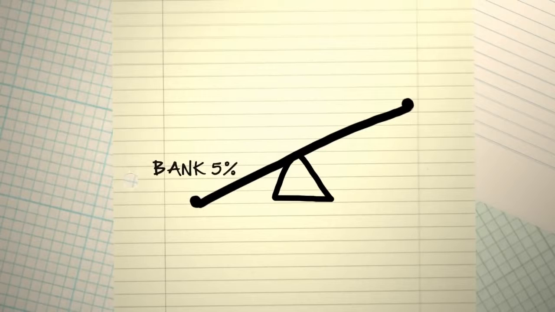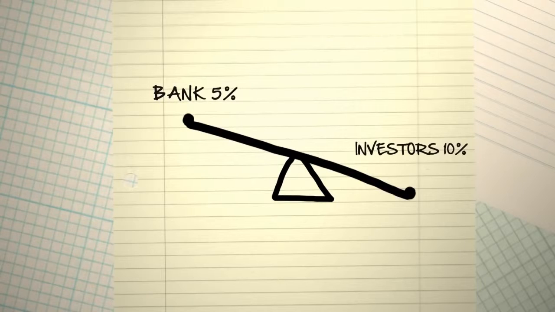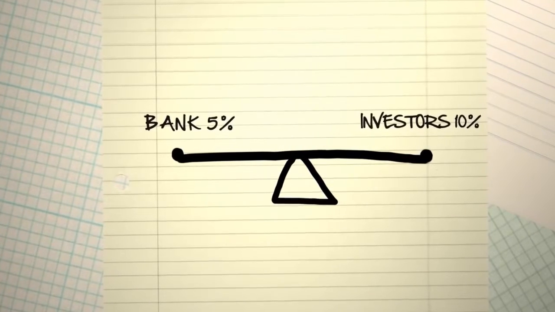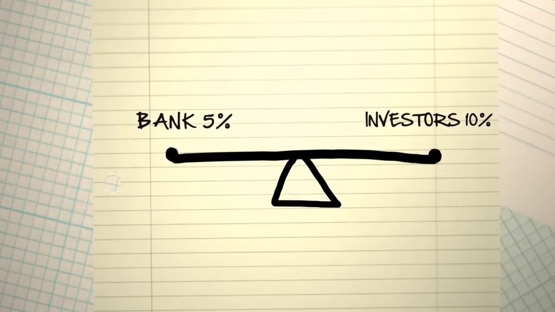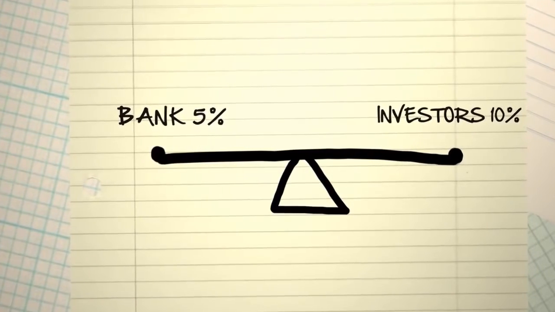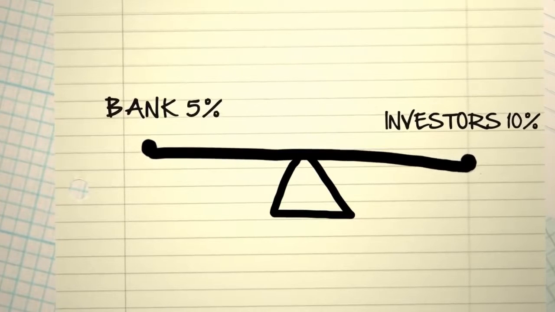Now here comes our problem. What if part of your capital comes from the bank, borrowing at 5%, and another part of your capital comes from investors, expecting 10%? Is your cost of capital 5%, like the bank loan, or 10%, like the investor's expected return? Of course, it's something in between. But not exactly in between, because you might have more of one than the other.